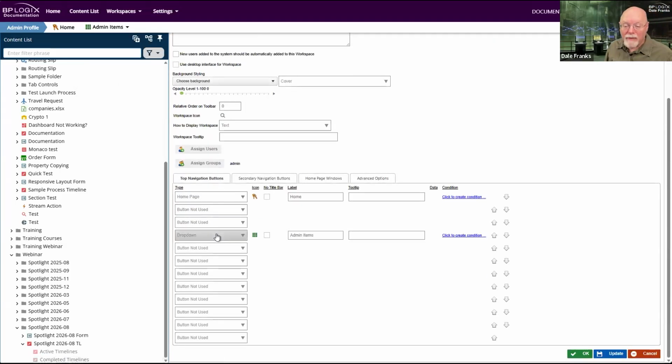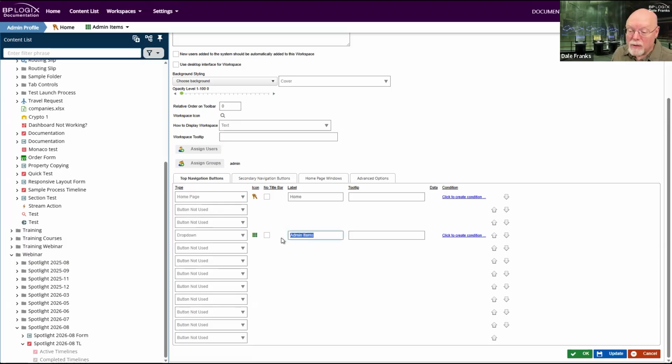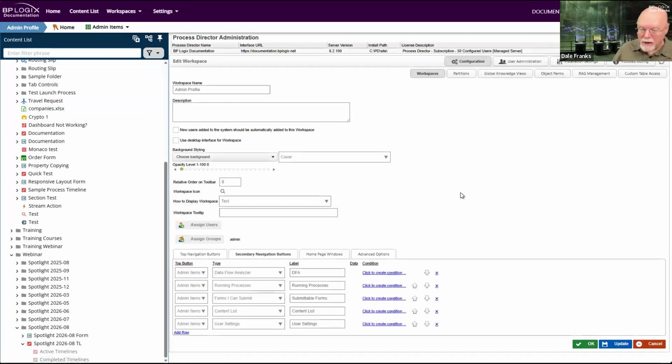So on the top navigation buttons tab, I have now set this type to drop down. So drop down is right here. It's in the drop down list. This is the new navigation item. And the secondary navigation buttons tab won't work unless you have an item set as a drop down on the top navigation buttons tab. So in this case, I have one which I've called admin items, which you can see reflected up here in my workspace navigation bar. And then I go to the secondary navigation buttons tab, and you can see that I have my top button,